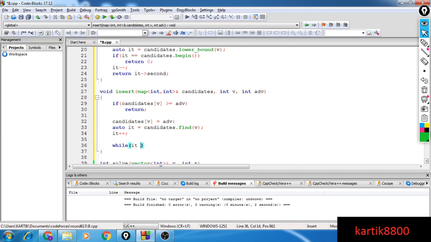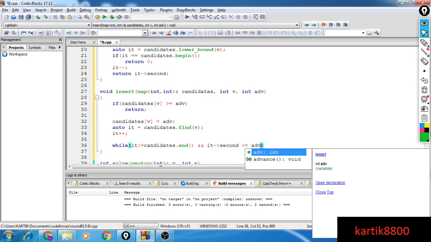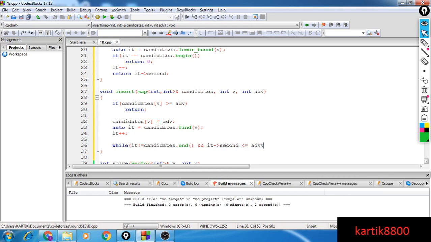So while it is not equal to candidates.end, and the advantage provided by this particular value is less than or equal to ADV, then this particular item is not needed in my map. So I'll be deleting this item since it's not needed.